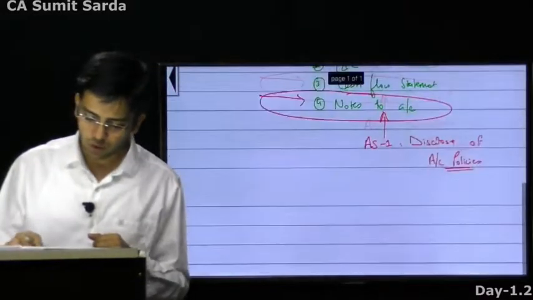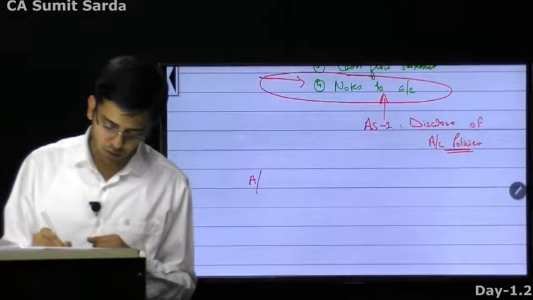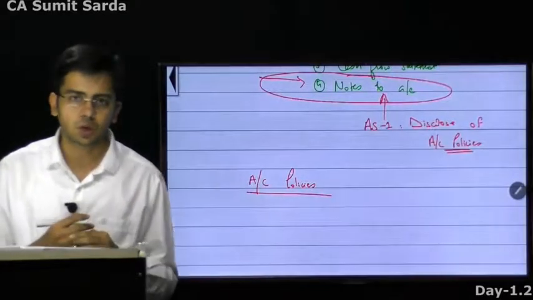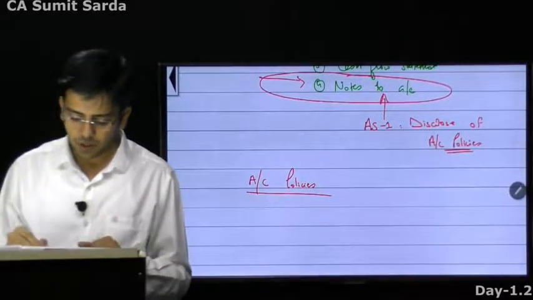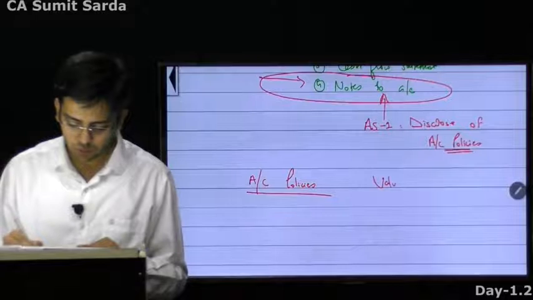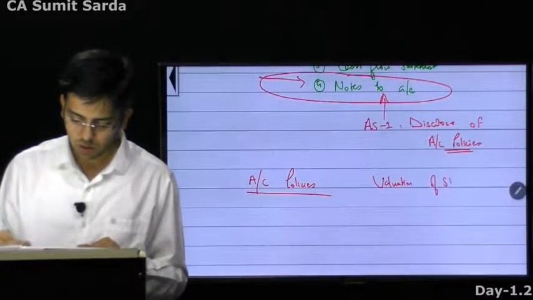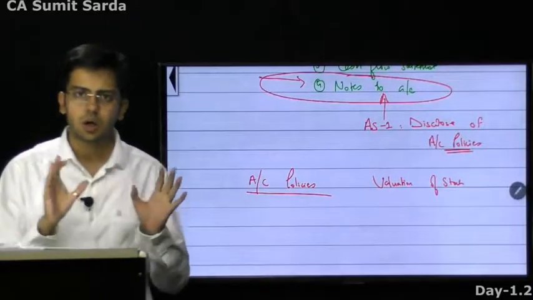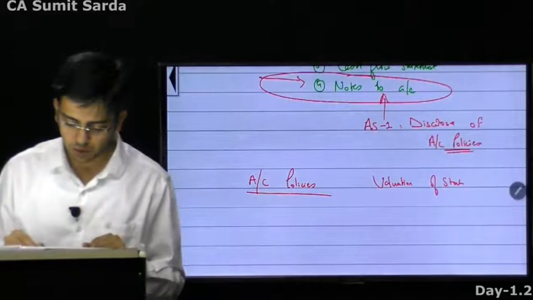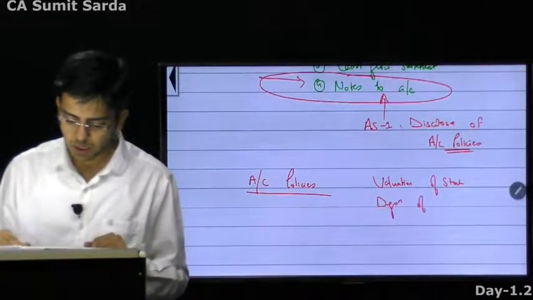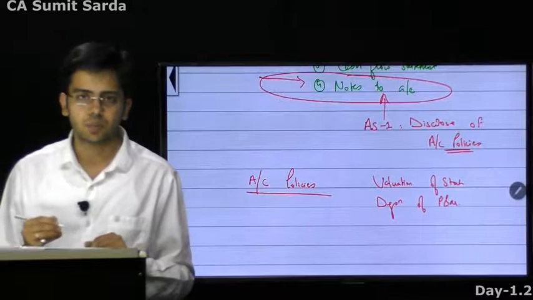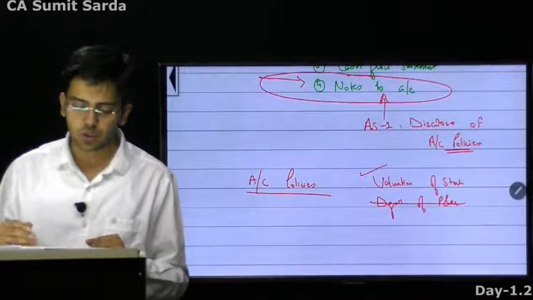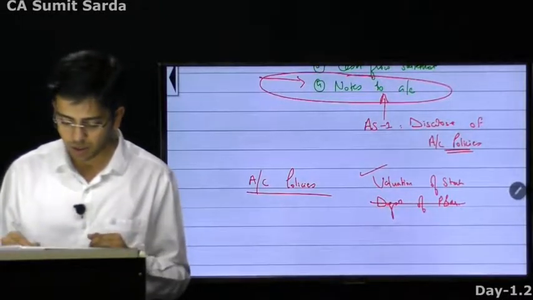So the first aspect is, what are accounting policies? How we have accounted for the various aspects is what the accounting policies are. If I talk about valuation of stock, this is an accounting policy that we are following, how we are going to value our stock. This is the accounting policy that has been followed by the company. Then depreciation of plant and machinery. I should not talk about depreciation of plant and machinery right now. There is valuation of stock, and then there is